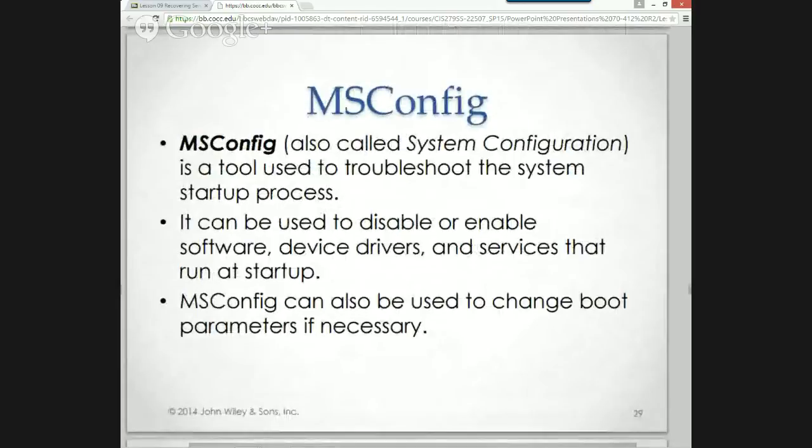So msconfig. Anybody use msconfig to speed up the boot of their computer? Oh man, and today everything you install has some system manager that, as soon as you start up your computer, is going out to the web. My favorite is HP, to say, hey HP, do you have an updated driver for my HP printer? And so it's doing that every single time. As IT professionals, when do we want to update the printer? When it stops working, when something breaks, right? The old, if it's not broke, don't fix it.